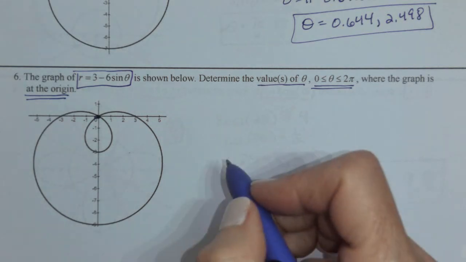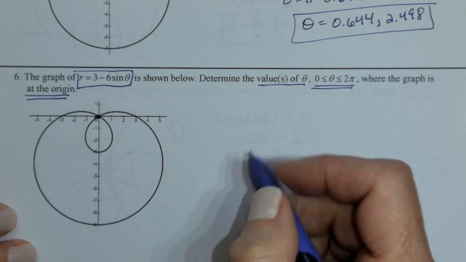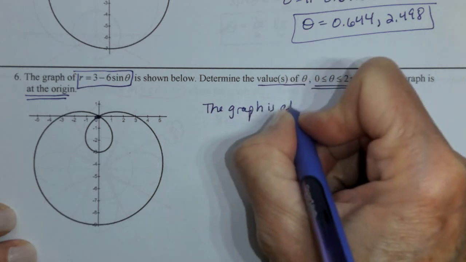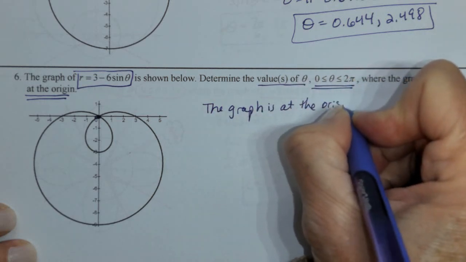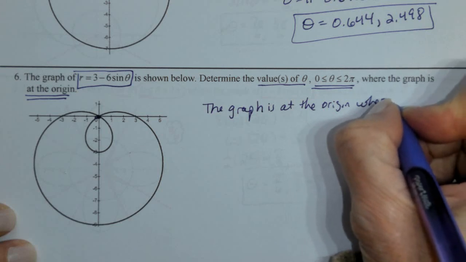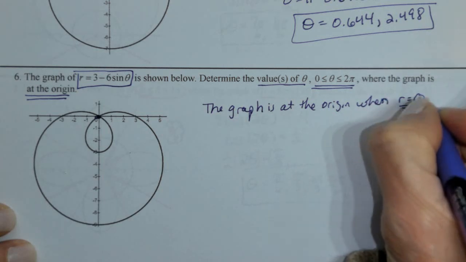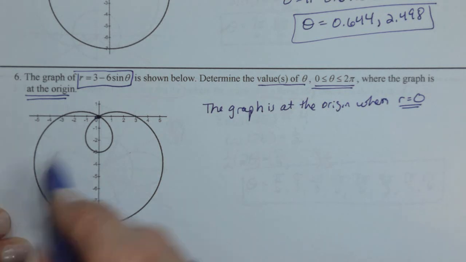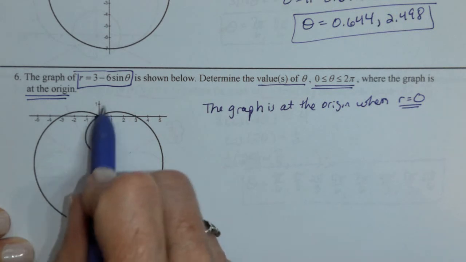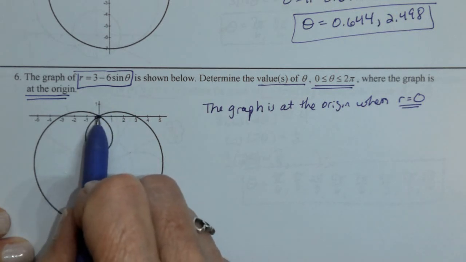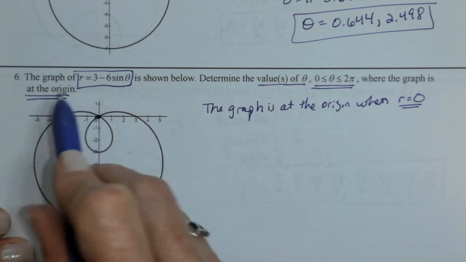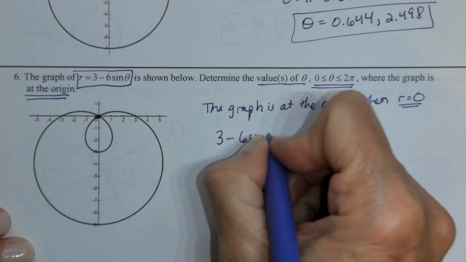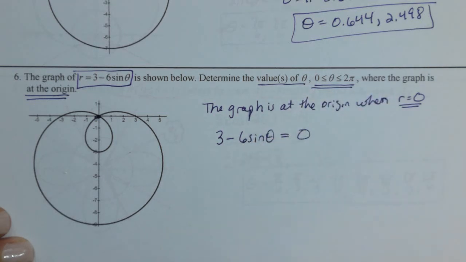Okay? So, how to find out? Well, the graph is at the origin when r is 0. That's the only way to be at the origin, is if r is 0. It makes sense. That's when we don't go away from the origin, when r is 0. Every other time we're somewhere else. So I'm going to take my 3 minus 6 sine theta and set it equal to 0 this time,